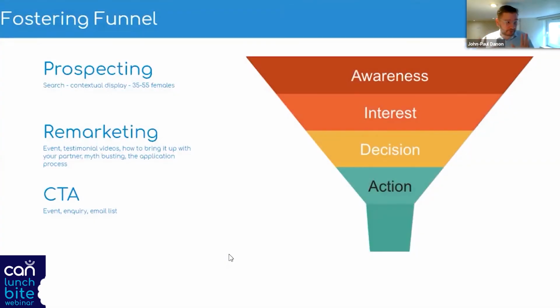So you will have seen these funnels before, but I think the fostering funnel is particularly different to many other sorts of funnels, because the period between awareness and taking action can be so long, and this is where the energy, we believe, really needs to be spent on the remarketing element. So once someone has expressed some sort of interest, remarket them with a rich plethora of foster carer testimonial videos, myth-busting creatives,